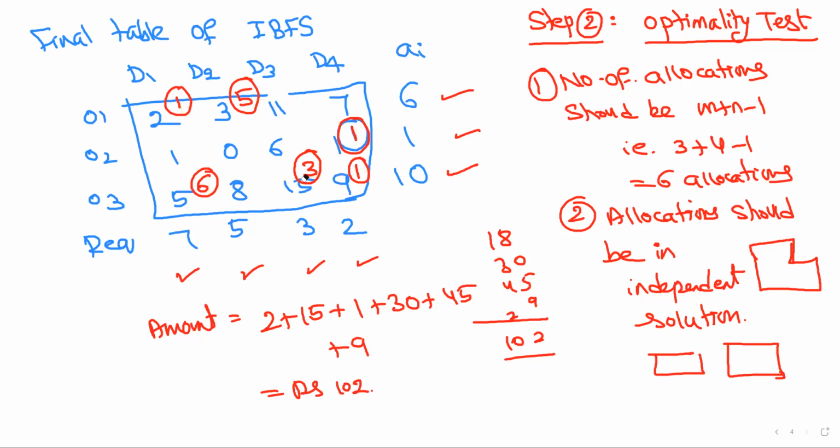Yes, that's the correct one. You can also try another way. For example, 1, 6. If I want to join 5, how can you join 5? We're not getting vertical, we're getting cross. We should not get cross; we have to get only vertical. So it does not form any loop, so they are in independent position. Whenever we are not able to join, we call it independent position.